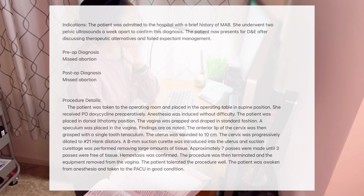And then our last one that we are going to review together is an outpatient surgery. So this patient was admitted to the hospital with a brief history of a missed abortion. That's what MAB stands for. She underwent 2 pelvic ultrasounds a week apart to confirm this diagnosis. The patient now presents for a D&E, which is dilation and evacuation, after discussing therapeutic alternatives and failed expectant management. So our pre-op and our post-op diagnosis code are the same. That's going to be the